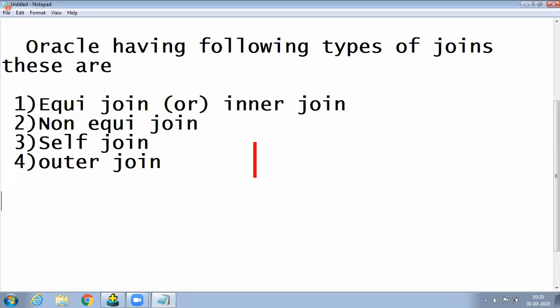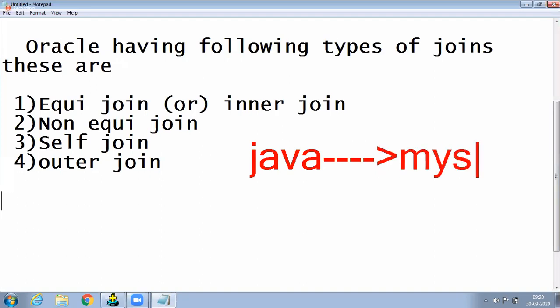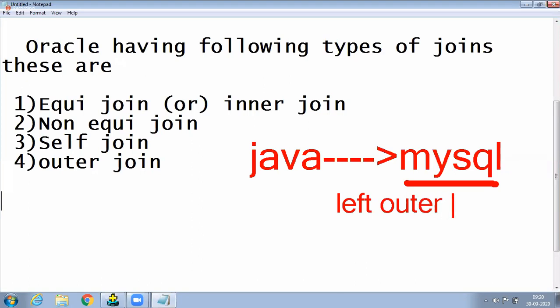Don't worry. But unfortunately, in our class there are many Java developers, for example. Those Java developers use MySQL, which is another database. In that database also the SQL language is there, and in that SQL language there are some other joins: left outer join, right outer join, full outer join.